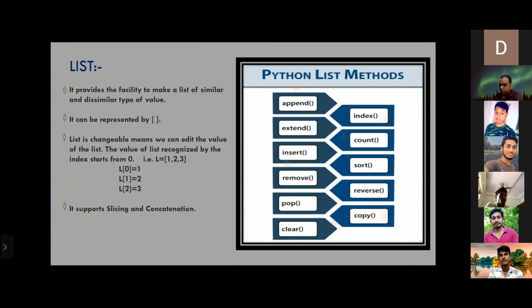Yes sir, my name is Shubham Singh, roll number 23, and I will discuss about the list data type. Okay. Let's start. List data type is the most widely used data type in Python. It provides the facility to make a list of similar or dissimilar types of value. It is sortable, it is editable, means we can edit the value of list. Here we can see an example that if we take a list and the elements are 1, 2, and 3,